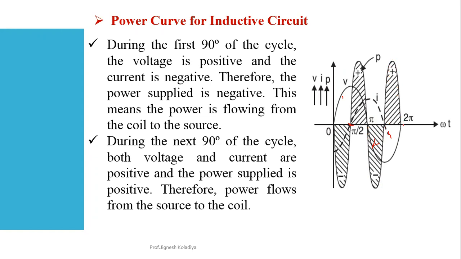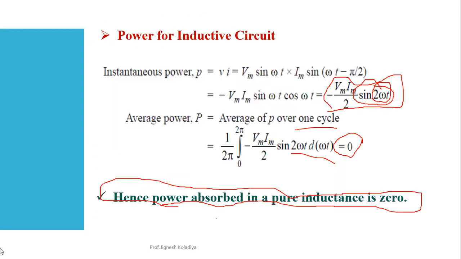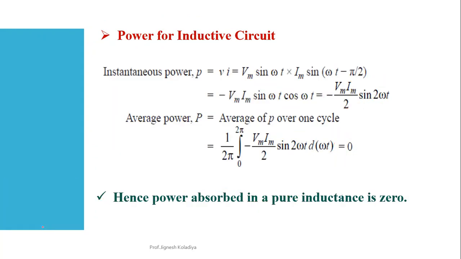on the positive side. One more thing, if you see, for one complete cycle of the voltage, I'm getting two complete cycles of the power. One from 0 to pi, you can see the shaded one, one complete cycle, and then pi to 2 pi, second complete cycle for the power. So can we say that it is a double frequency signal? Definitely. We have already seen in this equation also that power has a frequency double that of the supply.